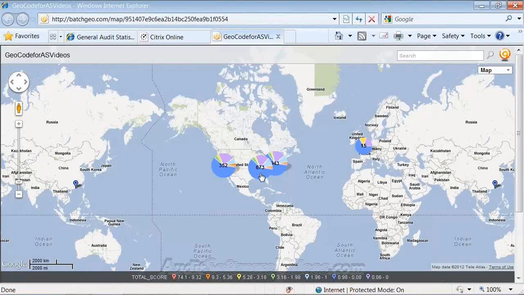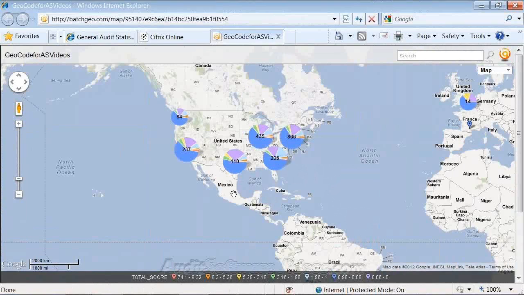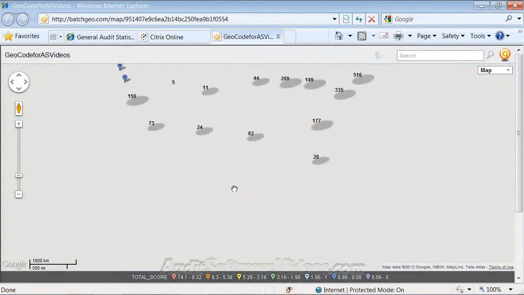So let me scroll in, and what this is showing us is the total score, and it is basically colorized down by the section or the dots below. So, the blue, which of say the 673 in the middle here, that's kind of high. I'm sorry, it's going to scroll in and take a little bit.